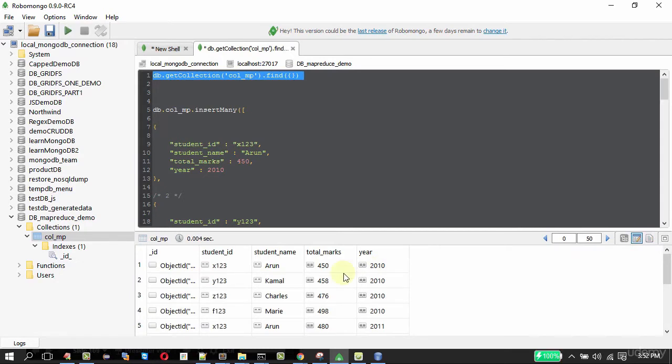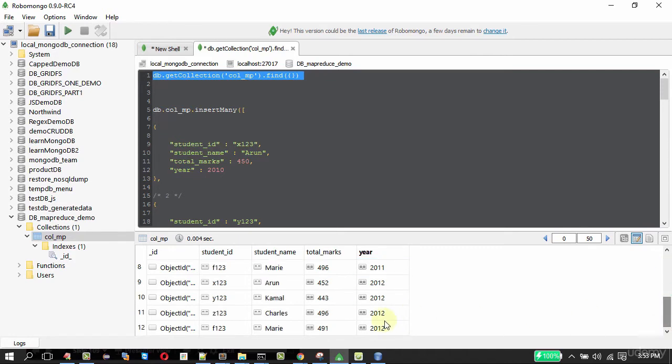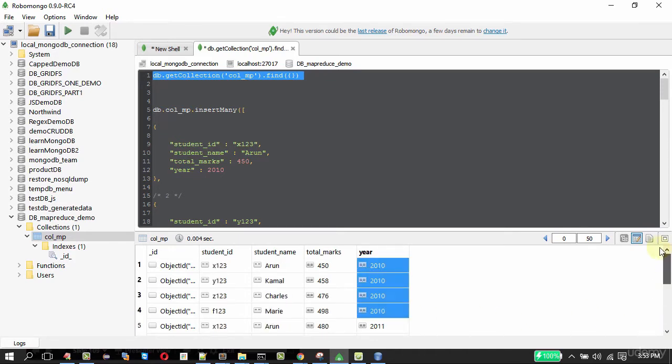In table view, from the documents inserted, you can observe that we have data for 3 years, that is 2010, 2011 and 2012, for 4 students, that is Arun, Kamal, Charles and Mary. We are going to use MapReduce to find their average total marks for these 3 sets of data, I mean for the years 2010, 2011 and 2012.